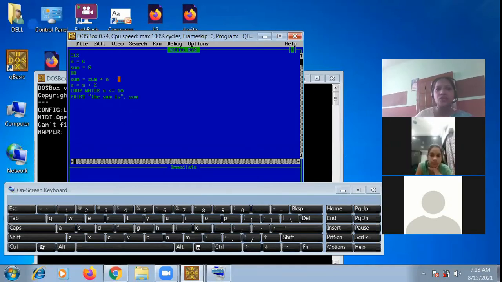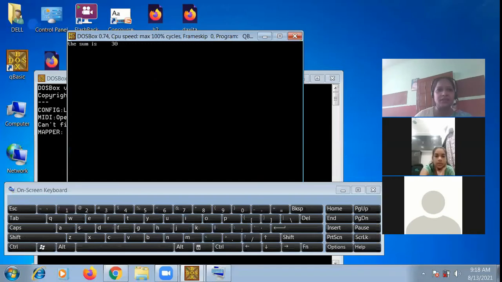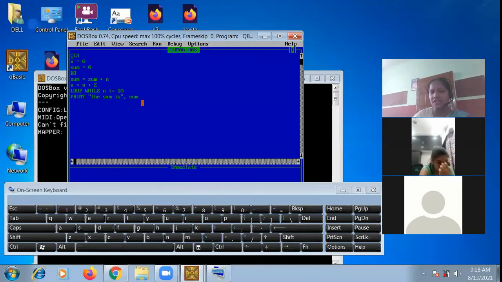So 6 plus 2, 8. 12 plus 8, 20. Now sum value is 20 and n value was 8. Now 8 plus 2, 10. 20 plus 10 is equal to 30. That's what we are getting here.